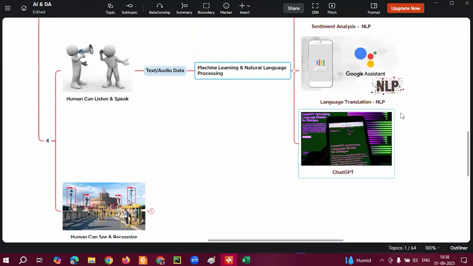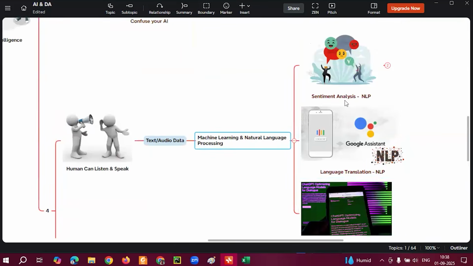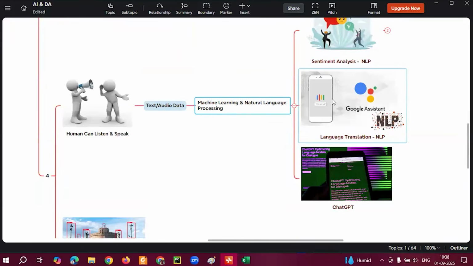As part of machine learning and NLP, observe the apps: sentiment analysis, which is one type of NLP concept, and Google Assistant. Generally, in our mobile phone also, when you say hey Siri, it will respond. Hey Alexa, could you please play the songs? Hey Alexa, what is the temperature now? It takes your instruction and gives the response, right? So this is also an NLP related application.